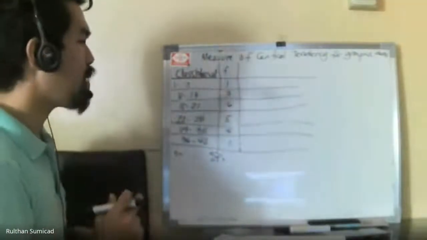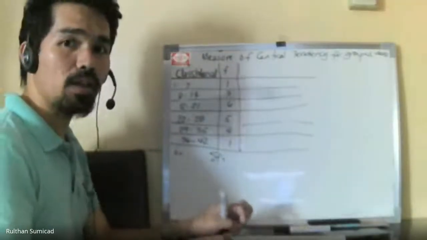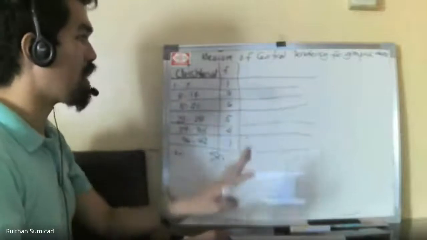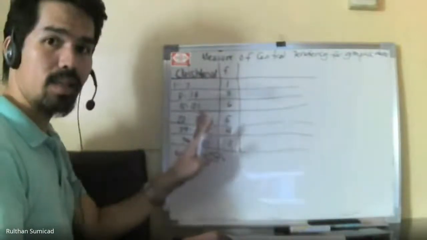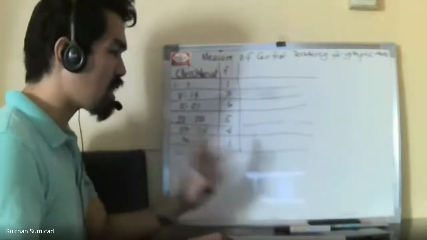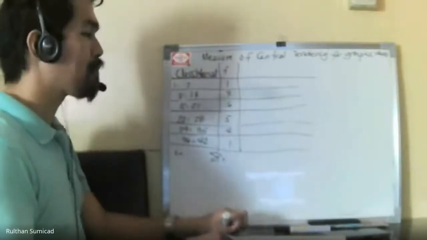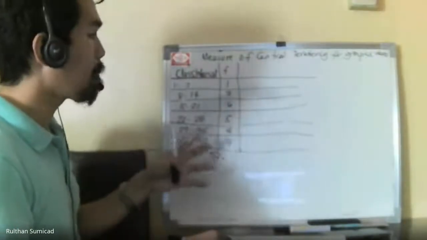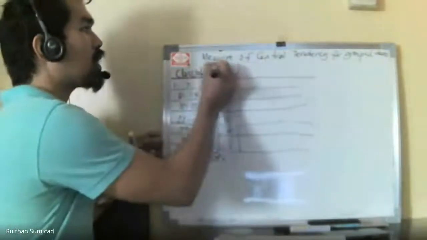Okay. So, by the way, you might be asking how did I come up with this one? That's what I'm telling you in the video that you're going to watch, explaining how to construct a table like this from raw data, how to prepare it, and what the preliminaries, steps and procedures are to follow. Now, going forward, in computing measures of central tendency for group data like this,